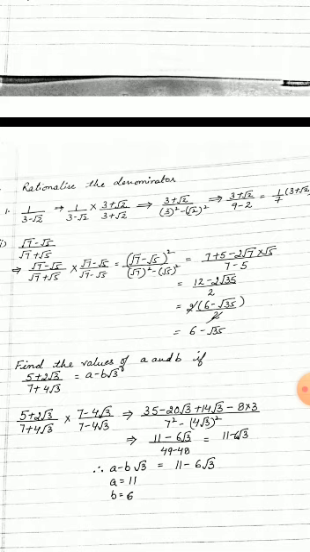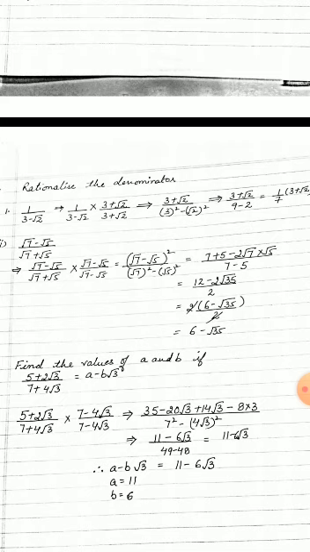It's in front of you. You can see in the above numerator that the identity is being made, that is (a minus b) whole square. So we get (root 7 minus root 5) whole square. In the denominator, we have the identity (a plus b)(a minus b), that is a square minus b square. Over here, we get (root 7) whole square minus (root 5) whole square, which turns out to be, on expansion,